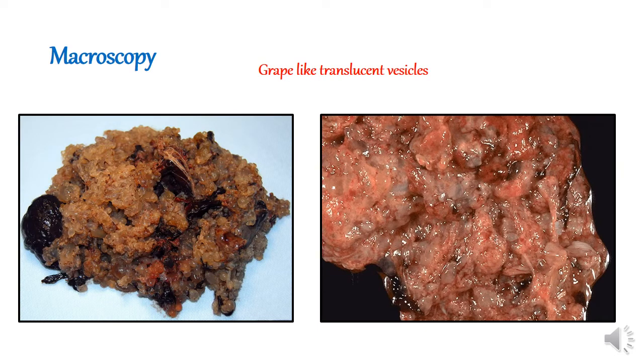Macroscopically, they both present with grape-like vesicles. The only difference is the presence of normal villous or placental tissue. In complete mole, the entire thing will be replaced by grape-like vesicles. You can see the small vesicles which are translucent and filled with clear fluid, and these are the blood clots. In partial mole, you can see both normal placenta or normal villi along with the grape-like vesicles. Here you can see the grape-like vesicles, and the pinkish material you are seeing here is the normal placental tissue.